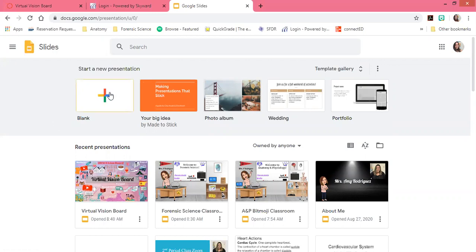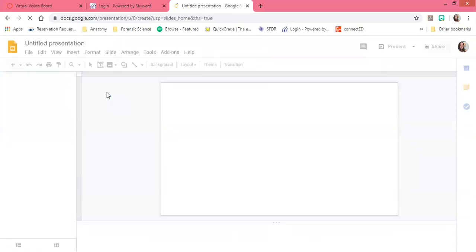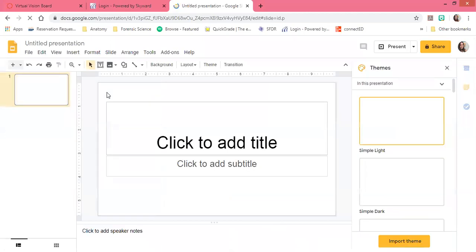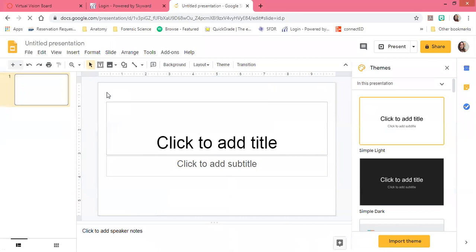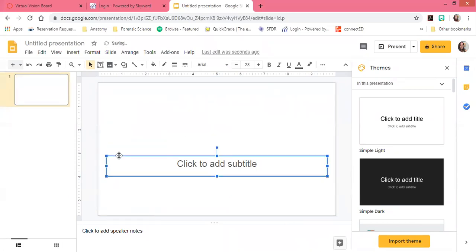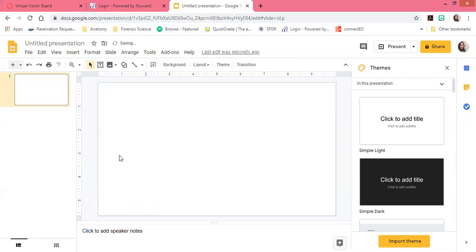All right, so what we're going to do is create a blank presentation. This is very similar to PowerPoint. So if you've used PowerPoint before, this should be easy for you. So I'm just going to walk you through a few of the steps that you might want to use in creating your vision board. So the first thing that personally I want to do is I want to select a